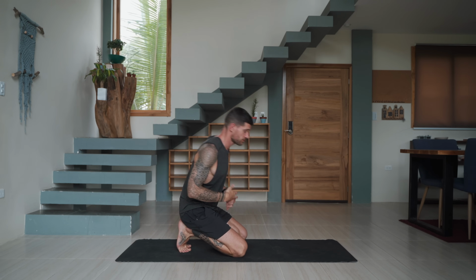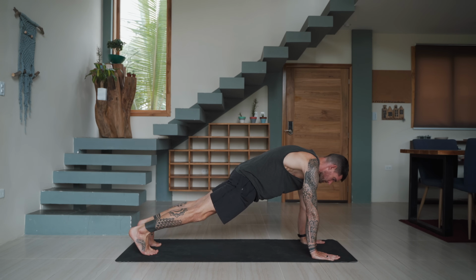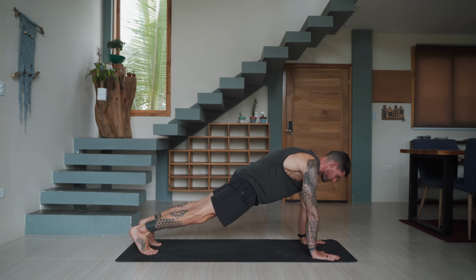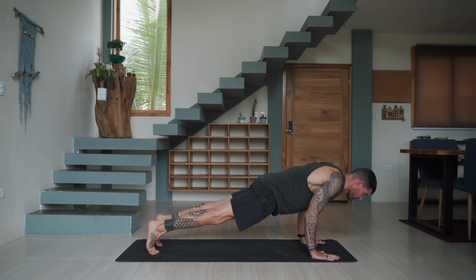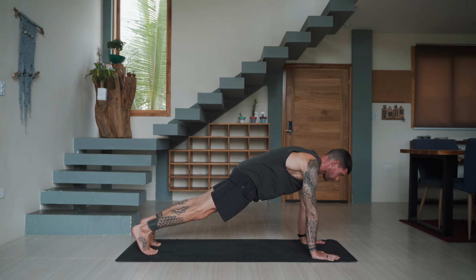Let's come into a plank pose. Straighten your arms, push the ground away, tuck your tailbone, engage the core. Reconnect to the breath. Shift forward, come high onto the toes, bend your arms, chaturanga. Elbows in, hold it there for 5, 4, 3, 2, 1, straighten the arms, plank, lower all the way down,